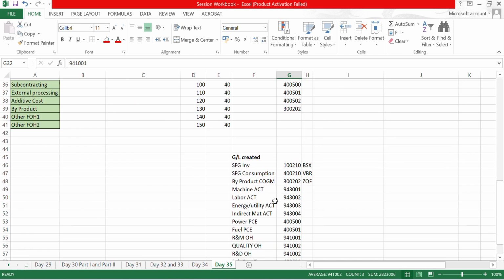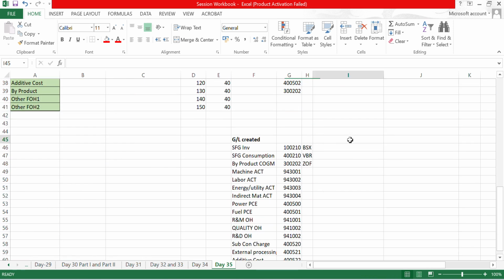Now there are cost categories. If it is a primary cost component, then the cost category will be 01. If it is related to activity, the cost category is 43, and if it is related to costing sheet, other overheads, the cost category will be 41. So accordingly,